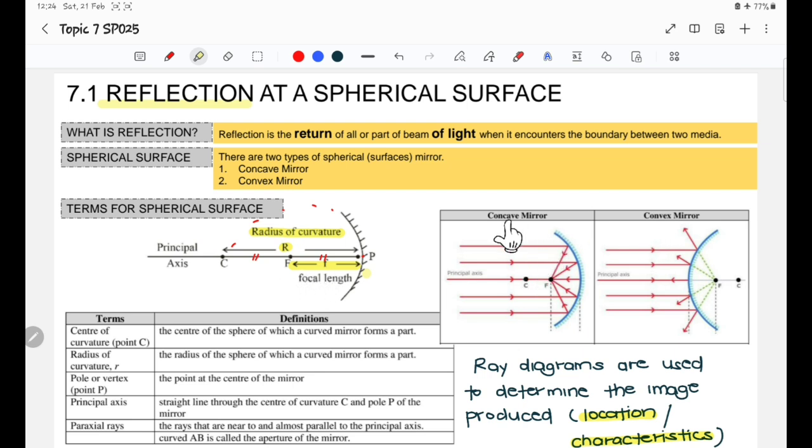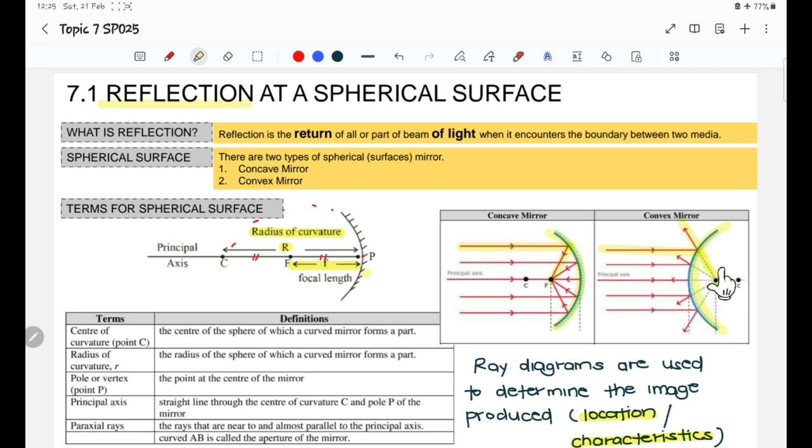Alright, so let's look at the difference between a concave mirror and a convex mirror. For a concave mirror, or kanta cekung in Malay, the spherical part is inward. So what will happen when light travels and hits the surface of a concave mirror? Light will be hitting and returning to the focal point, which is located in front of the surface. Whereas convex mirror, or kanta cembung in Malay, has the curve outward, so when light travels and hits the surface of a convex mirror, it will be diverging as if it came from one focal point